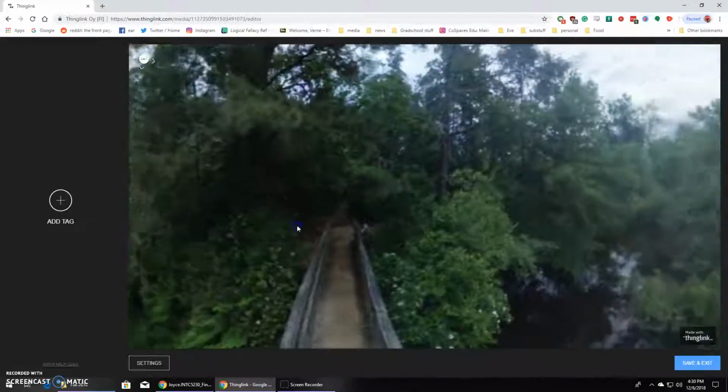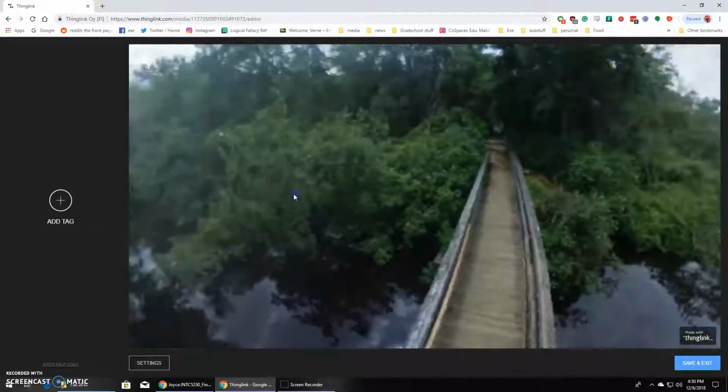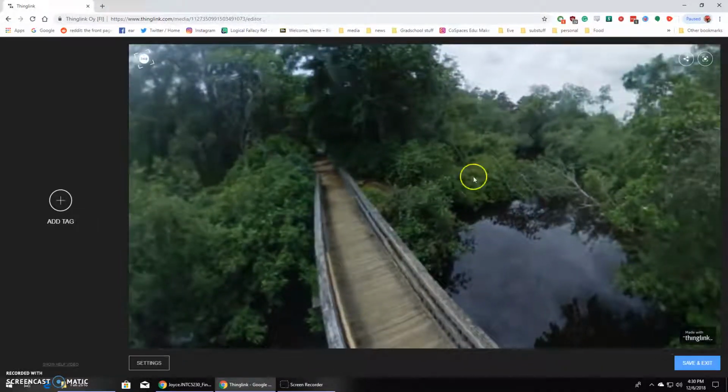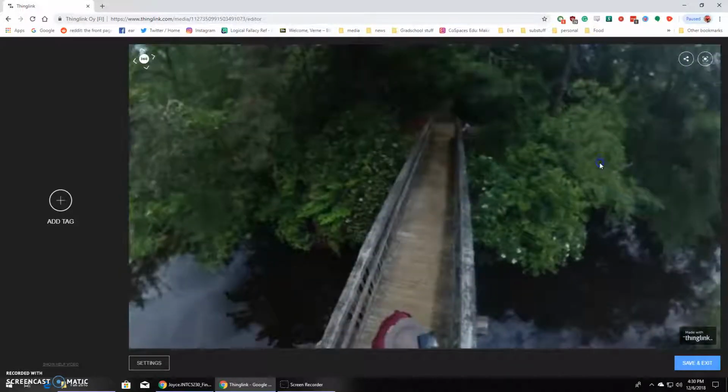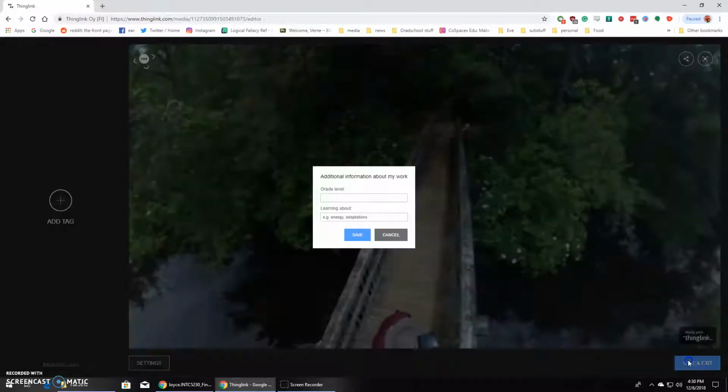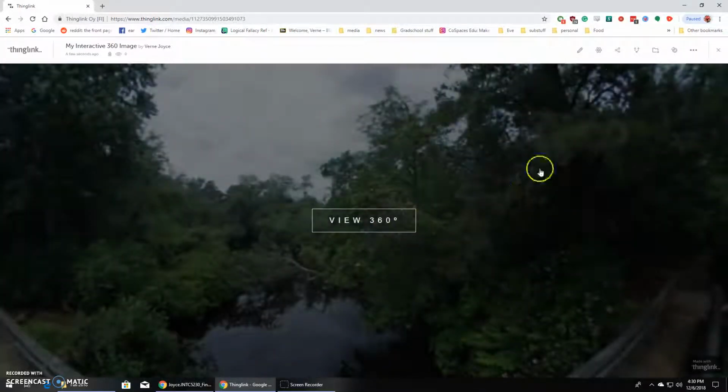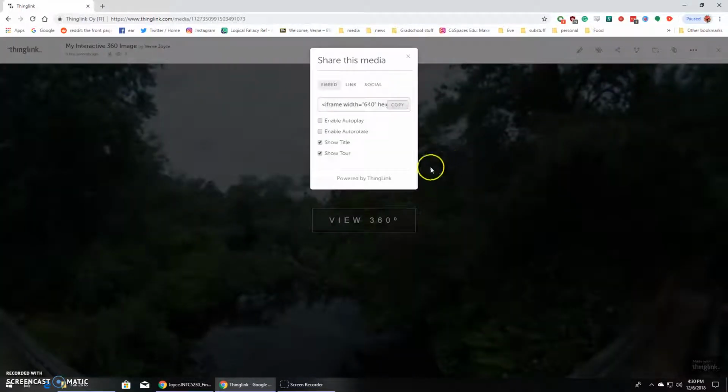This was taken in the same year, the same place, the same location, except that this is in the summertime, and you can see the difference in the growth and everything like that. It's a very wonderful thing. Let's save this. Grade level again, K through 12, and we'll call it hiking, and we're going to save this picture. What we're going to do is get a link, and let's copy that link